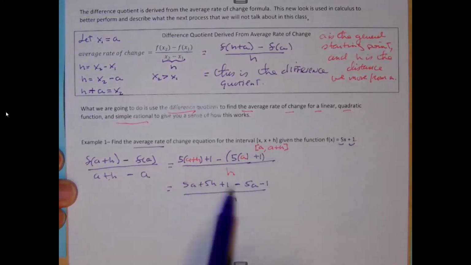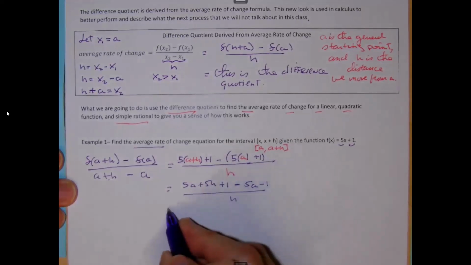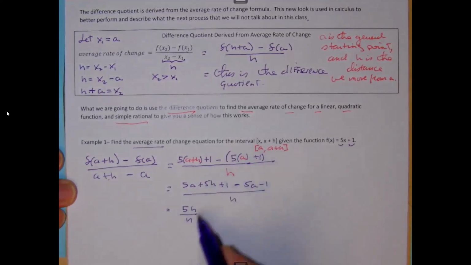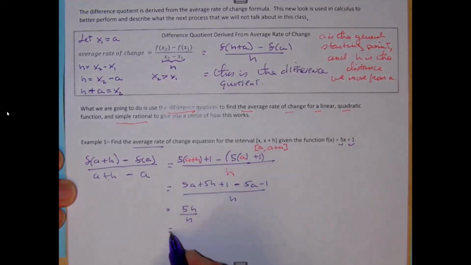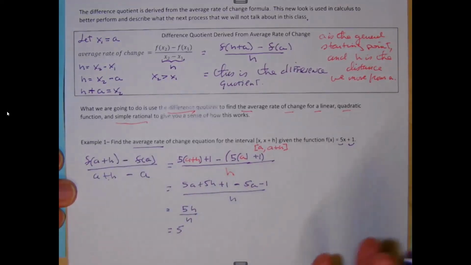So again, 5a minus 5a is 0. 5h. 1 subtract 1 is 0. So what do I have left? 5h. I cancel the h's and I'm left with 5. No surprise, because this average rate of change is really the slope of this line that we're connecting,